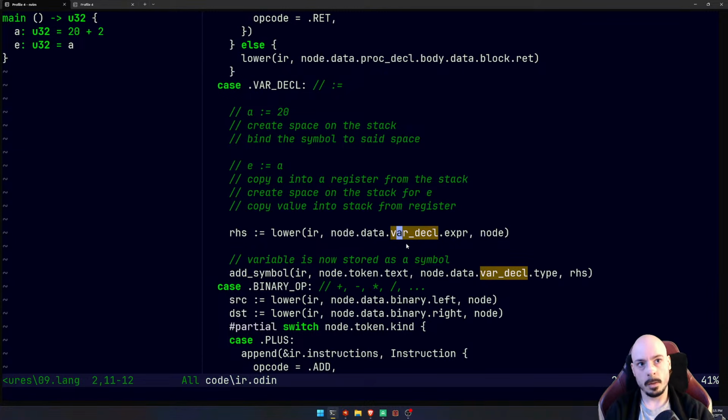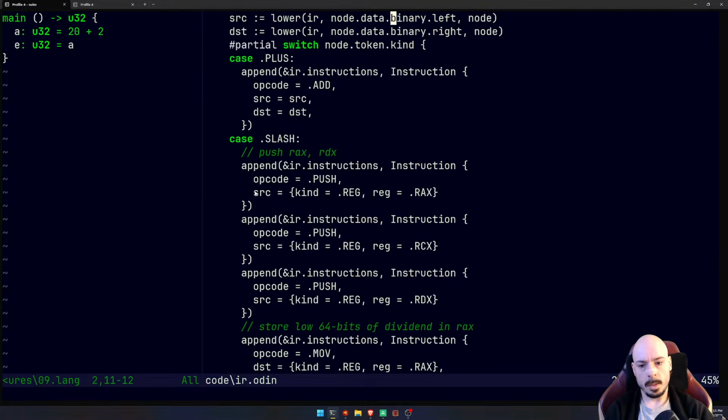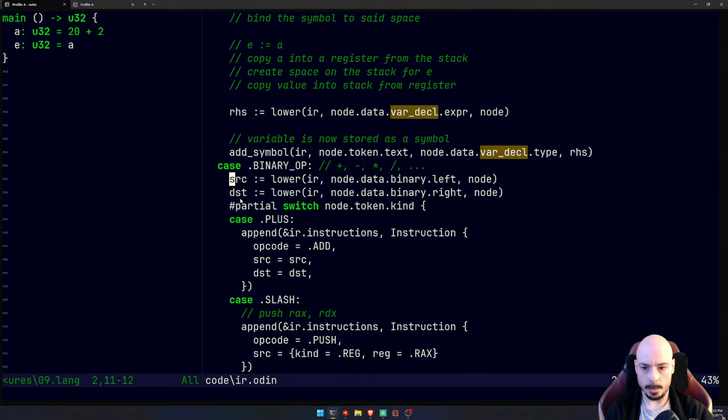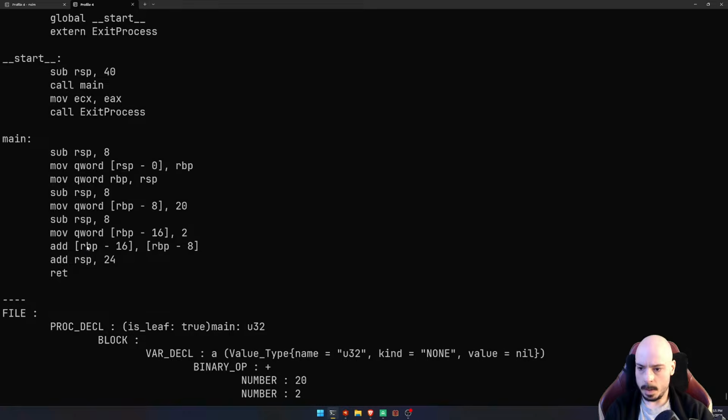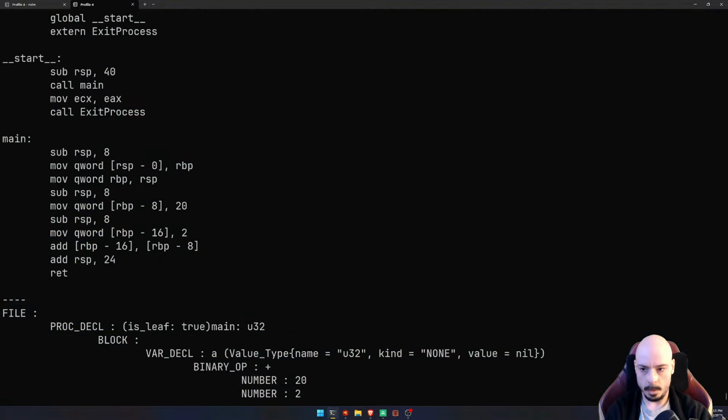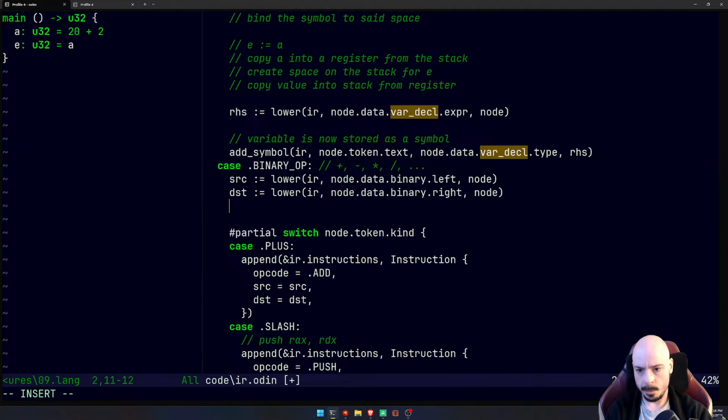So then we've got to know if we're on the left of a binary operation, right? The source, or the destination rather, then the destination can't be the stack. So if the destination is a stack at this stage, I guess,